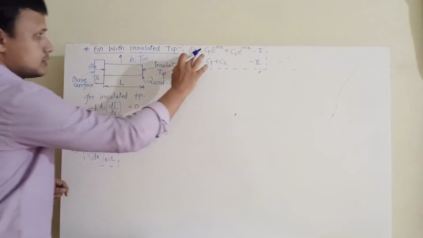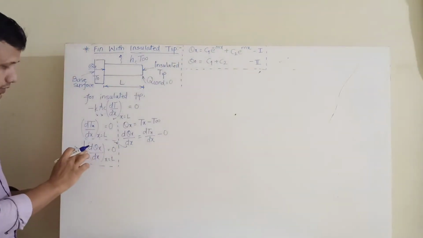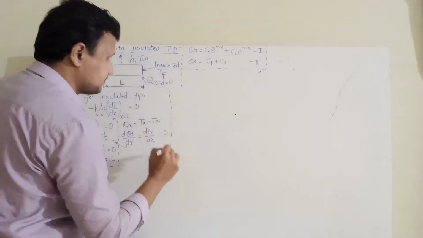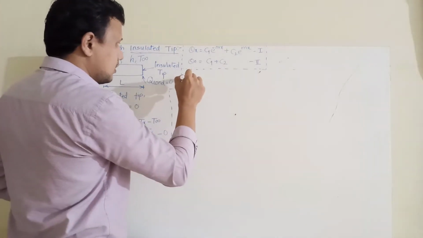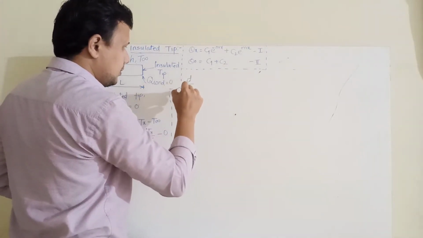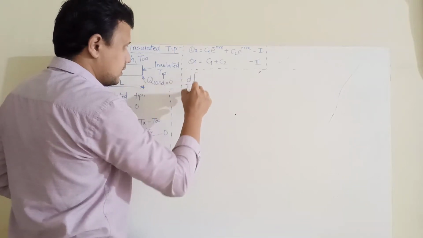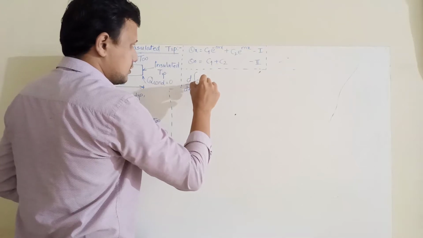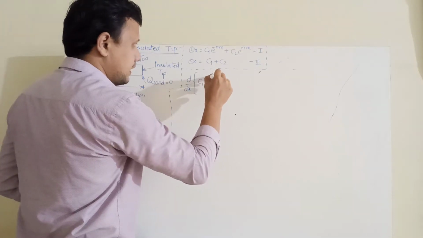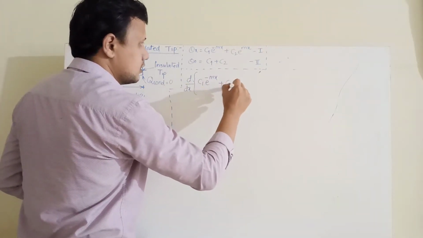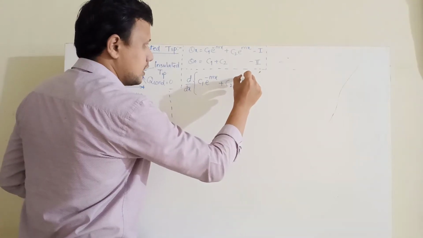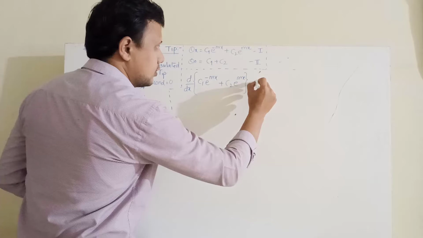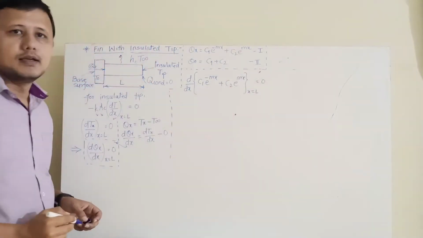So we will use the first equation because it is d by dx of theta_x. What do we get over here? d by dx of theta_x is nothing but minus m c1 e raised to minus mx plus m c2 e raised to mx, with everything applied at x equal to L, and the right hand side is 0.